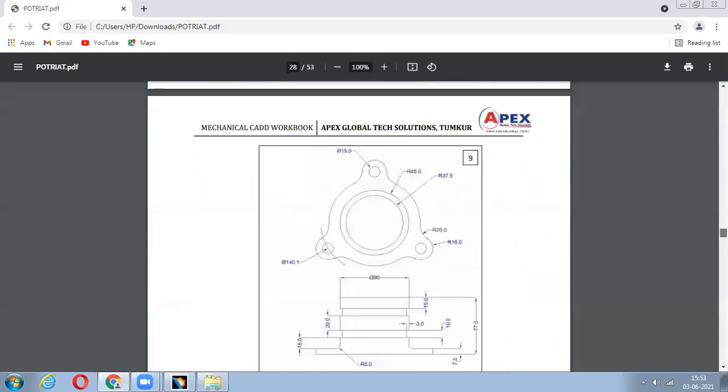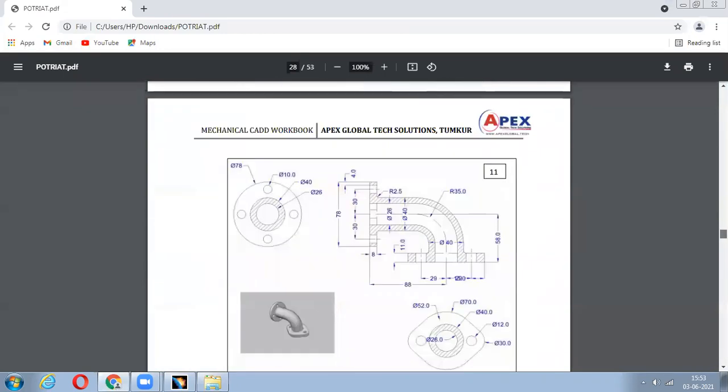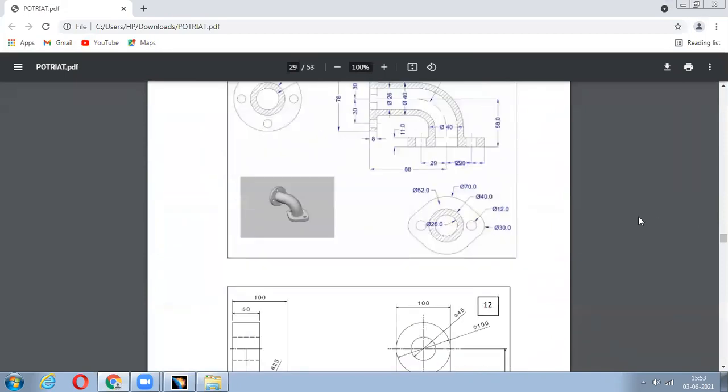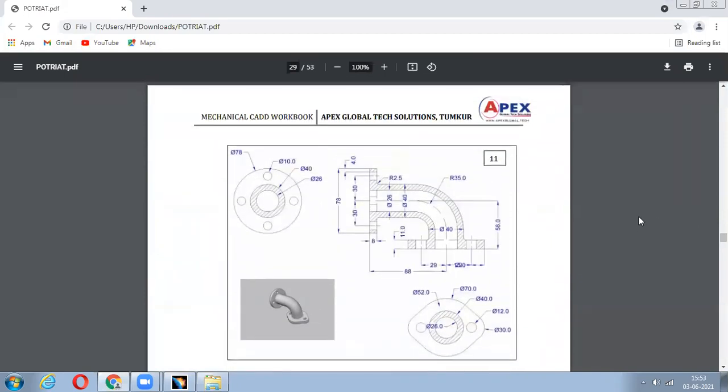See, these are the drawings. Do you have these drawings in your workbooks? No, sir, I didn't observe this. You just do one thing. Take a screenshot of it. If you are using your mobile, or your PC, do you have a snipping tool? Yes, sir, I have. So just take a snip of it, because it's very important. You have to use it for the rib command. This is very much important: material adding and taking it out.